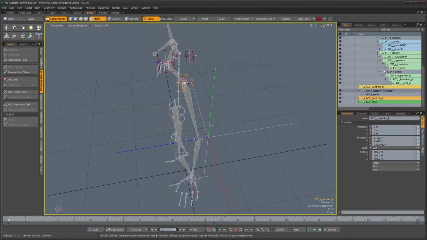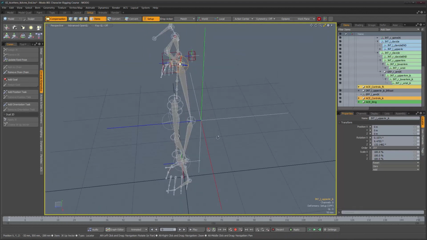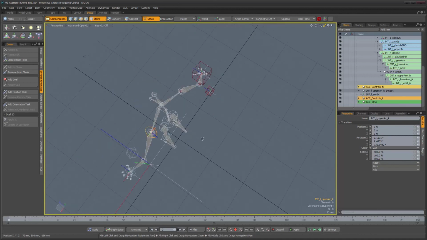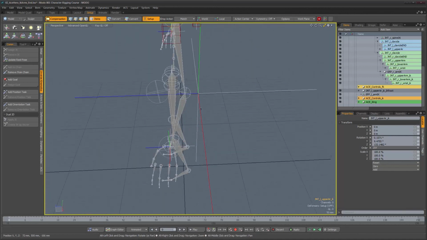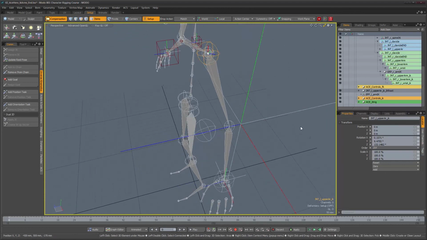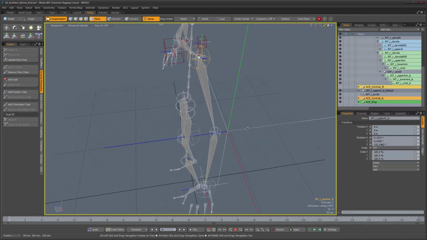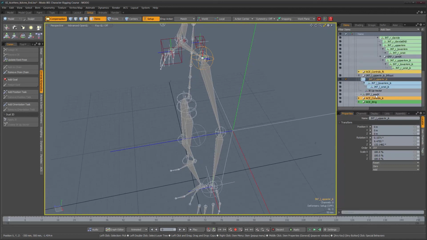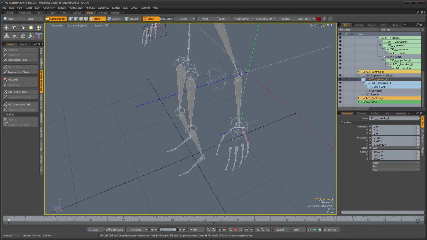And right now our up vector control is behind the character, which is where we want him, because the other one was also behind the character. So what we need is to be able to flip the chain so it's facing the other way while keeping the up vector on this side of the character. And the way we do that is if we go to the effector object